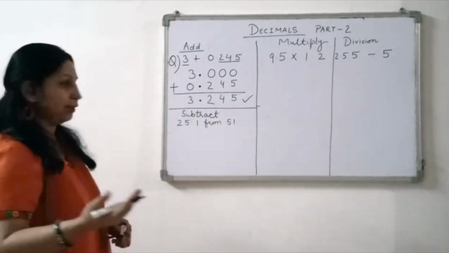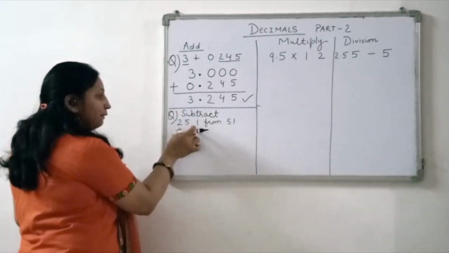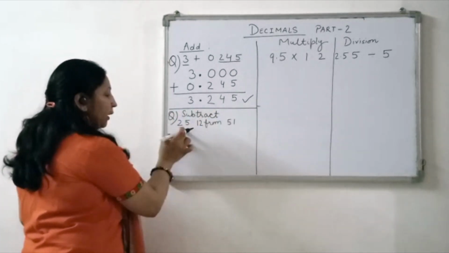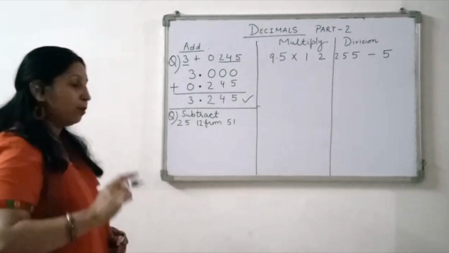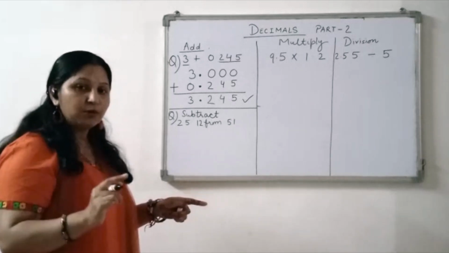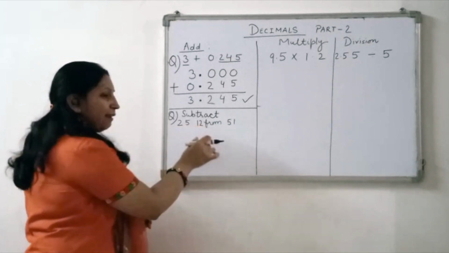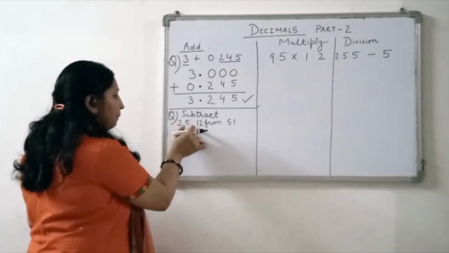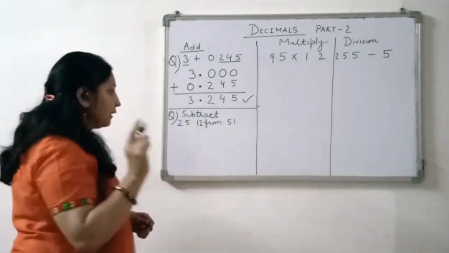What about subtraction? Yes. So this is another question. We have to subtract 25.12 from 51. You have to remember one thing when I say 25.12. Always take a note of this, that we never read the decimal number this way, "twenty-five point twelve." It is the wrong way to read decimal numbers. How do we read it? Twenty-five point one two, because the digits have different place values. Yes, so this is the main reason.